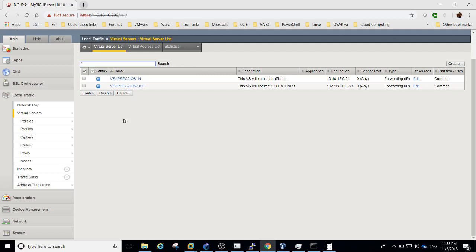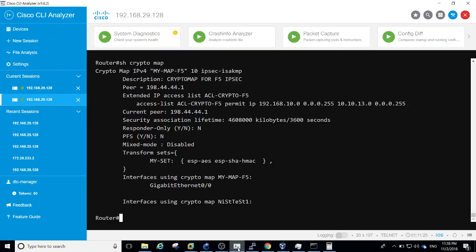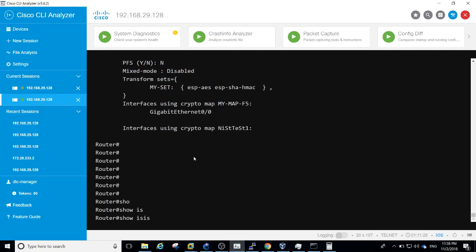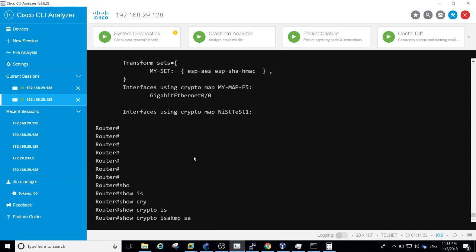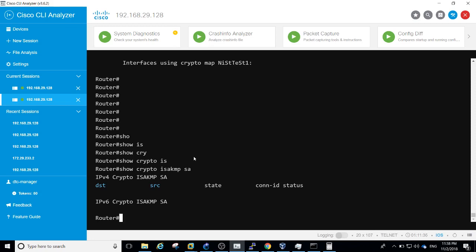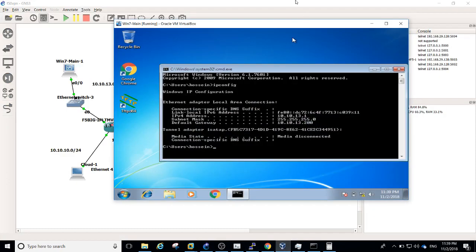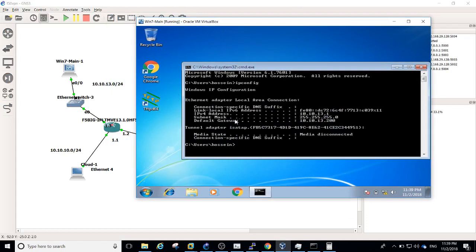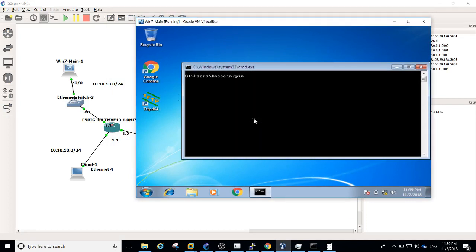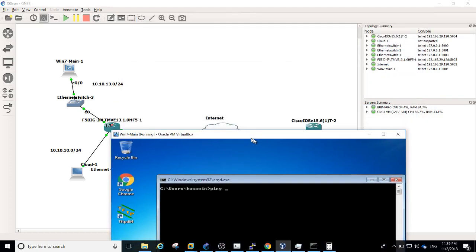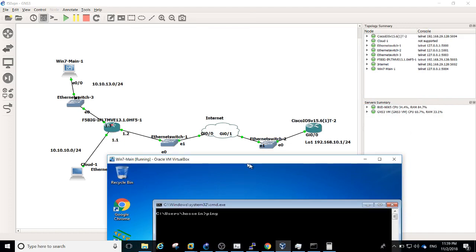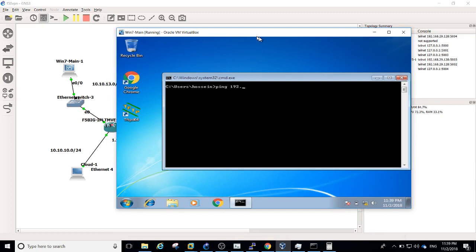Okay, so everything is ready now. We have the tunnel configuration on both sides. Now I should be able to have my tunnel up. Let's see that. Before I initiate any traffic to check the tunnel, I'm going to check here, show crypto ISAKMP SA. I don't have any security association for ISAKMP established to my iOS router. That's correct. Now I'm going to jump into my Windows 7 VM, which is in my LAN behind my BIGIP, and I'm going to ping